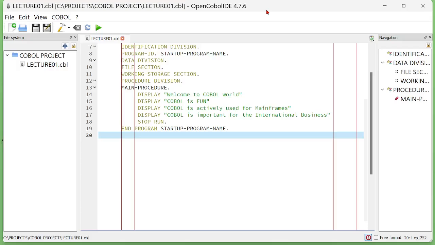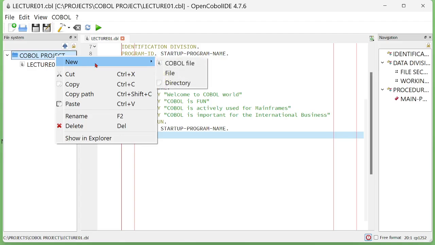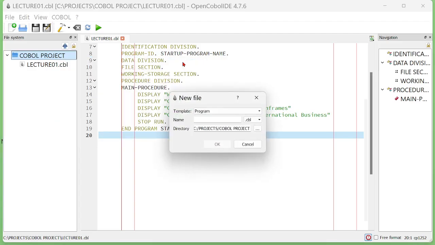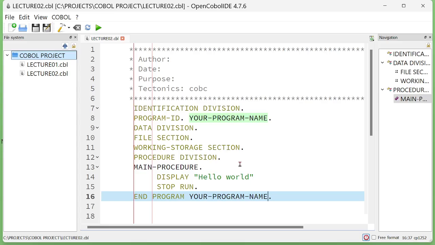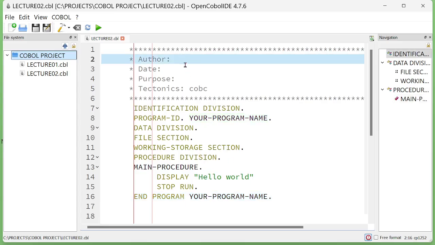Let's start with creating our first normal full-size COBOL program. I'm gonna add a new file. I'm gonna call it lecture02, and I'm going to enlarge the script right now. First of all,